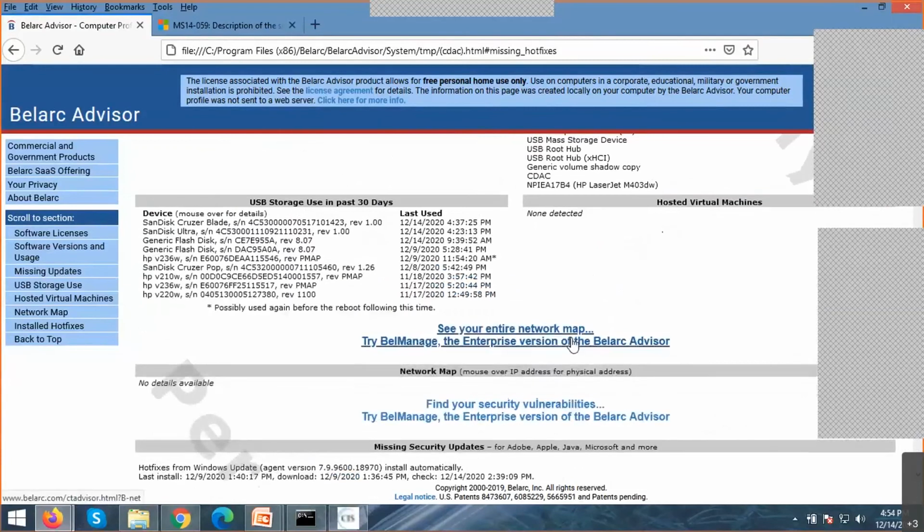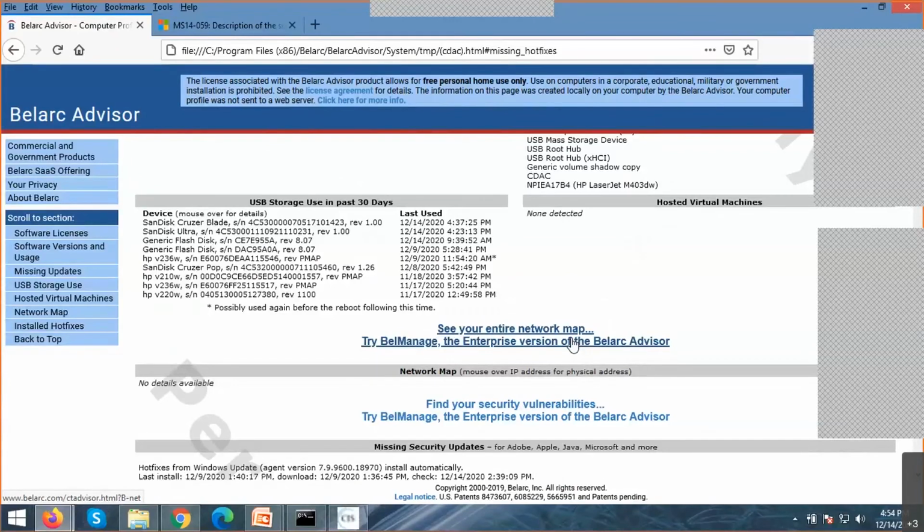the USB storage used in the past 30 days. These are some of the USB storage devices which have been used in the past 30 days. SanDisk, generic flash disk, HP disk, and all those things have been used, and at what date and what time. Since the last 30 days, it will show you.